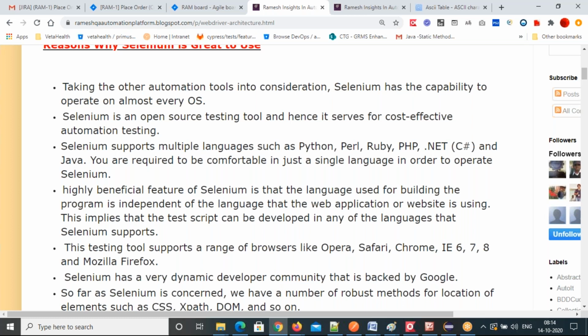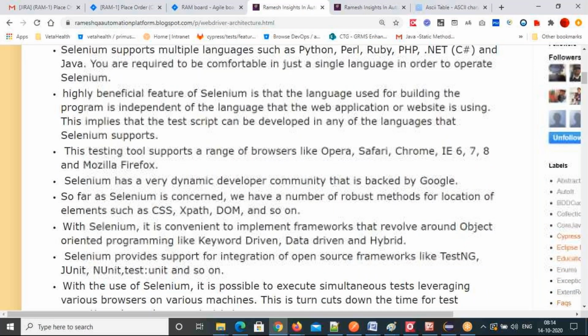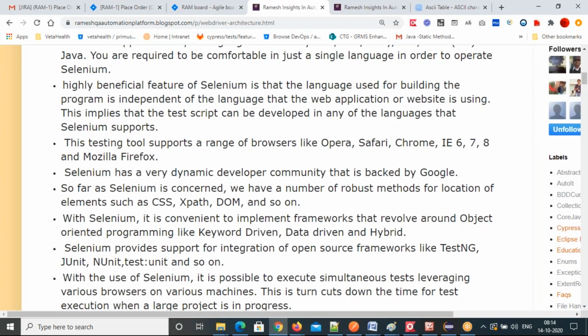And also Selenium supports multiple browsers like Chrome, Firefox, Safari, Opera, Explorer, and Edge, all the latest browsers also. Edge browser also it supports. That's another advantage with the Selenium tool.